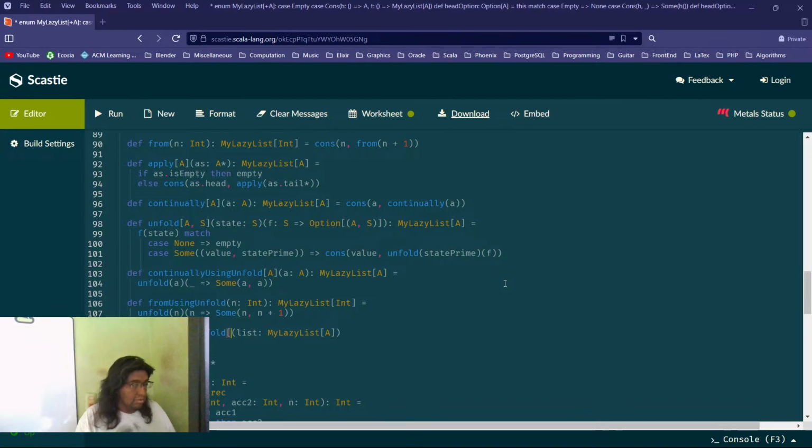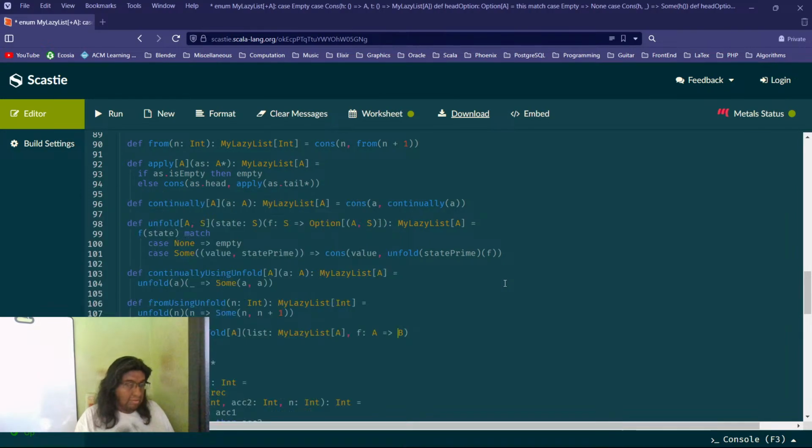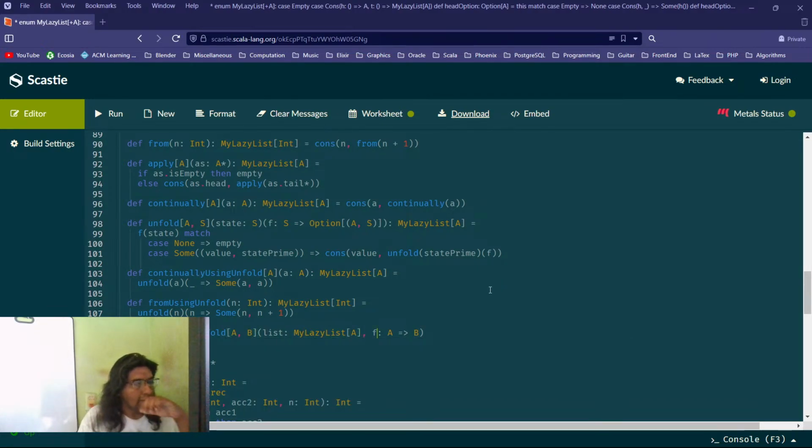We receive this function, and perhaps we need this version, and we will return